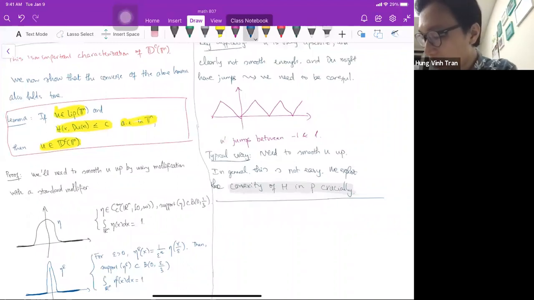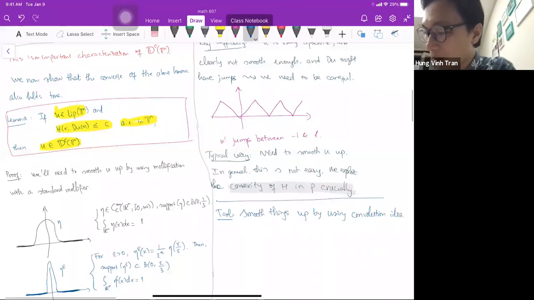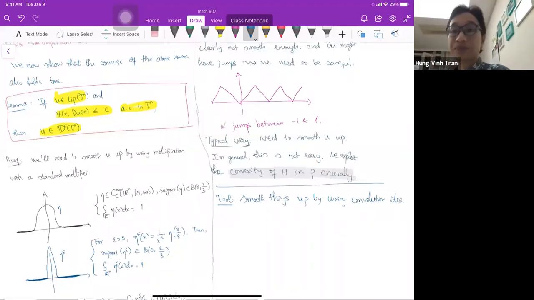I mean the tool that we are using is just one of the simplest tools in doing things, which is just to smooth things up, right? So we are gonna smooth things up by using the convolution idea. Okay. So basically, of course, it's sort of clear when we write out the analysis,